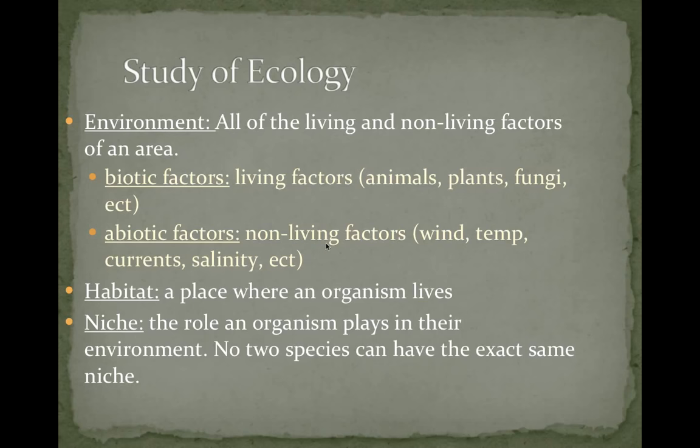A lot of people, when I ask for an example of an abiotic factor, a lot of students will say a rock. And that is true. Rock and sediment are abiotic factors, but most of the abiotic factors that really play a role in an ecosystem are the ones that you can't really see. Like wind and temperature, current, salinity, wave action, tides, pressure, some of the pH in the water, all of those are abiotic factors. Okay.